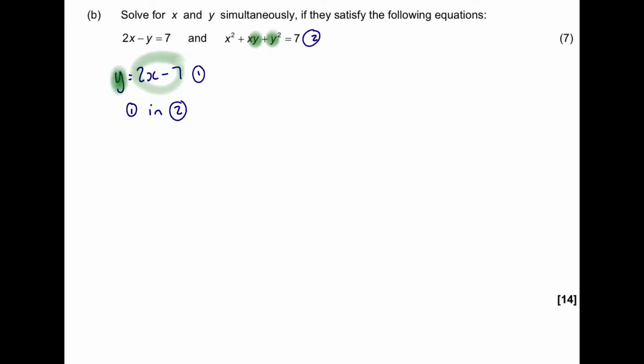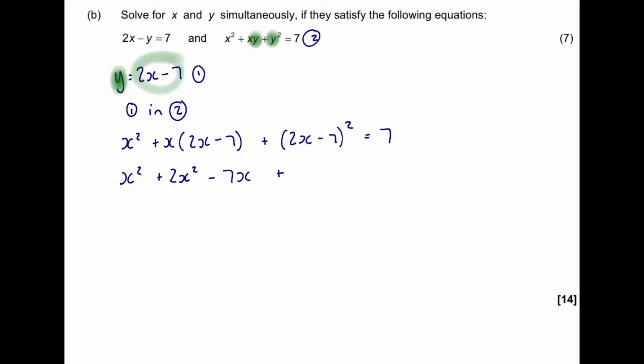So in equation 2, we have x squared plus x times y, but y is now 2x minus 7, plus y squared, which is 2x minus 7 squared equals 7. And now you have to tidy this equation up. So we get x squared plus 2x squared, distributing the x, minus 7x, plus, and now we FOIL this bracket,